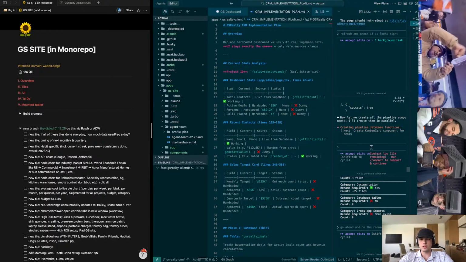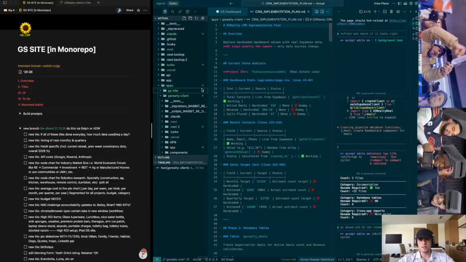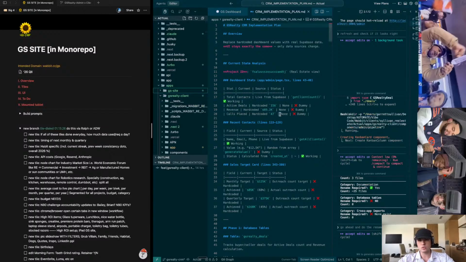Alright, we'll let this finish. We'll commit the Kanban, and then we will experiment with. So right now, there's 4 apps here. You can see GS Site, GS Realty Client, these 2. So these are the 2 that we're working in, but I am in the directory actual. That's what my IDE, that's the folder I opened up. That's the directory we're in. So I can work in these separately, but to do different Git worktrees, it sounds like we're going to